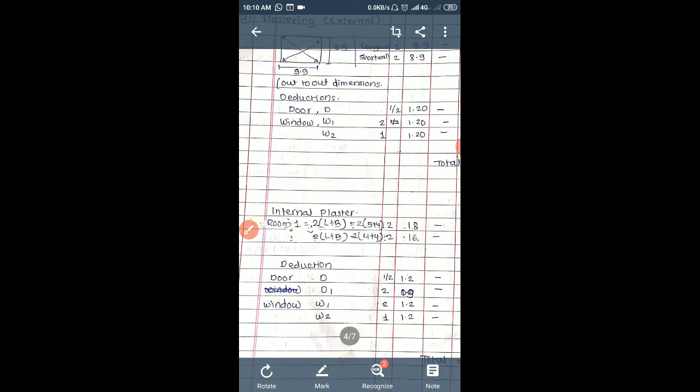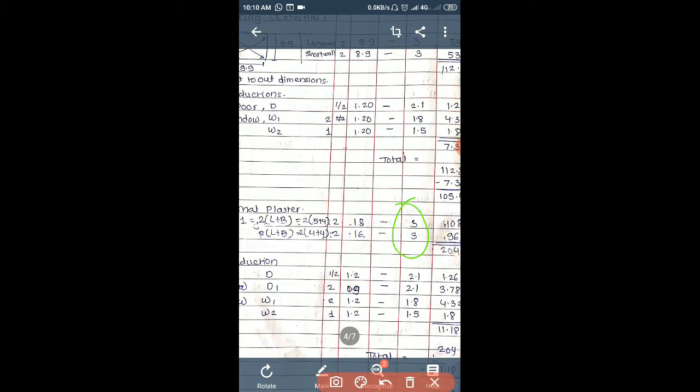We will calculate the perimeter. So how to get the perimeter? 2 times a plus b. Here a and b are the dimensions of our room, so we will get the length and numbers, the two rooms. Two rooms of 5 by 4 meter and two rooms of 4 by 4 meter. Then in the height part we will keep 3 meter, 3 meter.